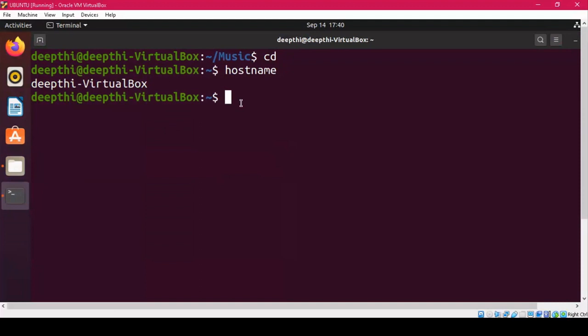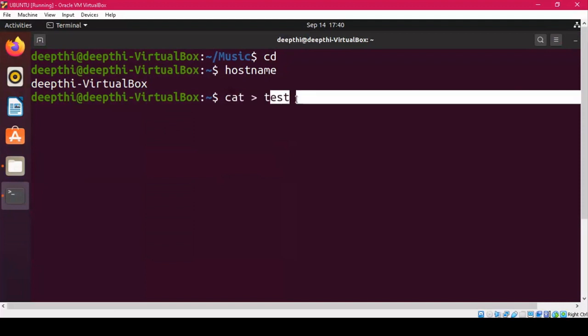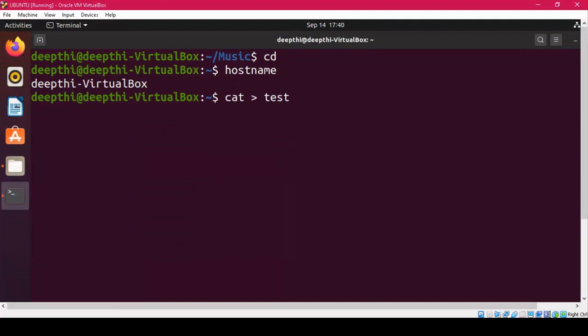The next command is the head command, and for that, first of all, we'll create our own file so that we can apply this command and see the results. So let's create a file. To create a file, we have a command that is the cat command. Then we have the output redirection operator, and I name the file as test. So this is the name of the command, cat, and then the output redirection operator and the name of the file, right? Now let's start entering content into this file.